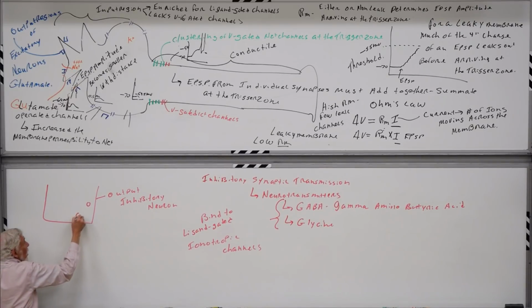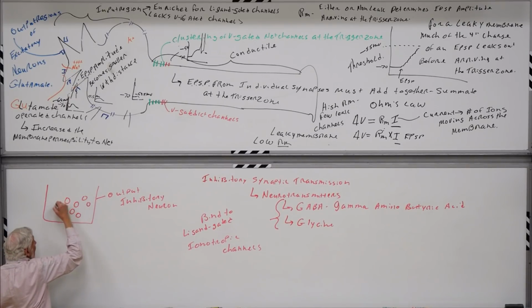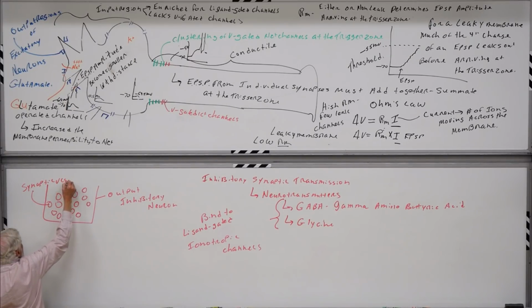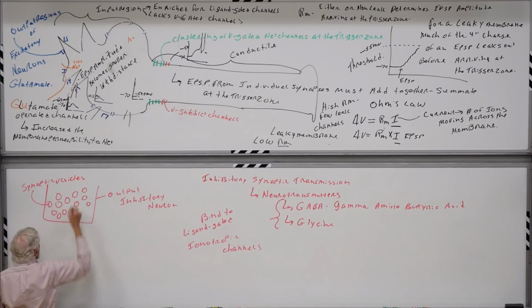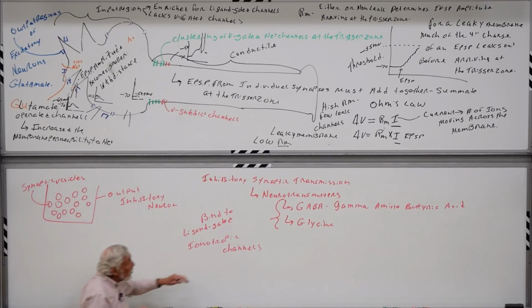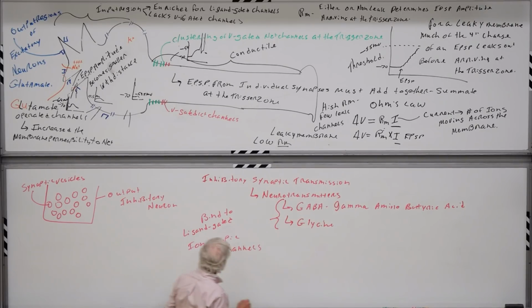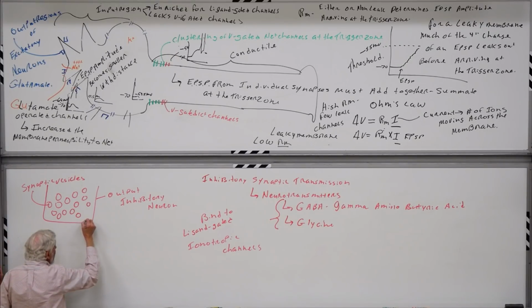When we cut a section through one of these and we look at an electron microscope at one of these output regions, we can hardly tell it's different from an excitatory synapse. That is, it's chock full of synaptic vesicles. Now, these synaptic vesicles will be filled with the neurotransmitter either GABA or glycine. But just as we saw day before yesterday, some of these vesicles are clustered right up against the membrane, and they too reside in the membrane right adjacent to